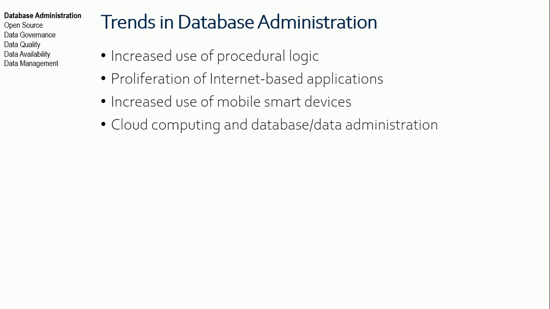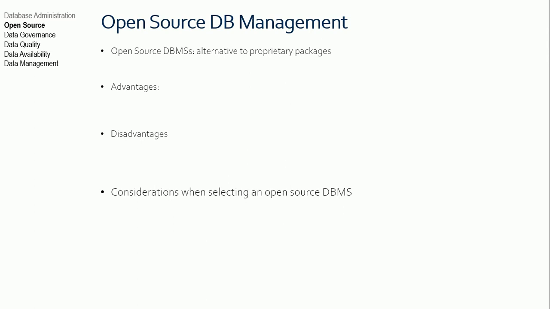You have the ability to use them in the cloud and to deploy them in the cloud. So these are some of the trends that we're seeing in database management systems. Another one is open source database management systems. We're learning about one in this class. We use MariaDB, which is a derivative of MySQL. PostgreSQL is another one. There are some other open source database management systems out there. Some of them hierarchical database management systems, and some of these other data structure based DBMSs.